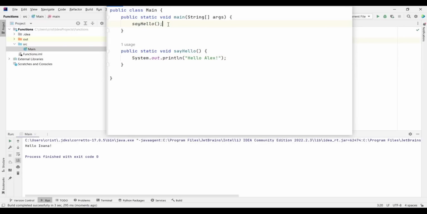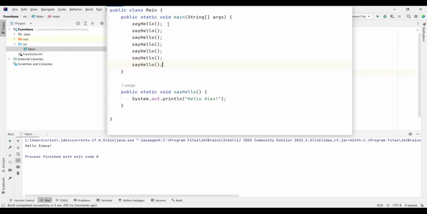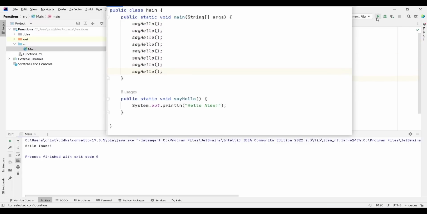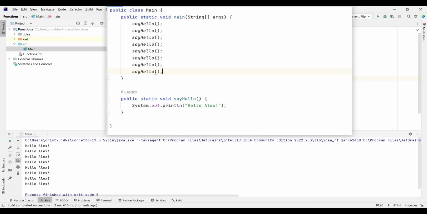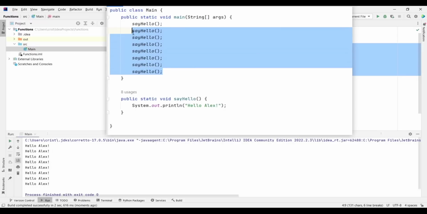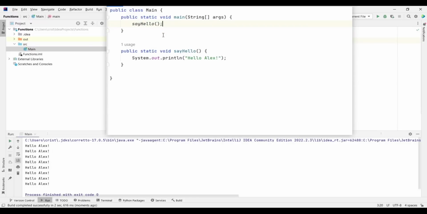Now what we can also do is call our function multiple times. So I can type here Control D a few times. Now if I run this, we get hello Alex multiple times. So as you can see, what functions allow us to do is divide our code into chunks of code which are reusable.